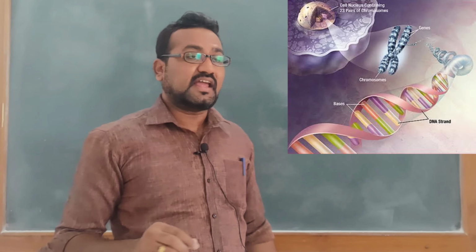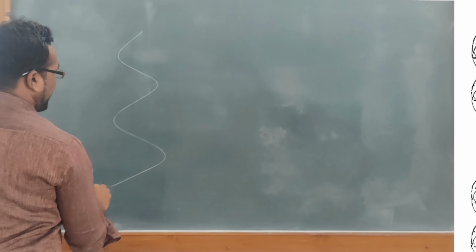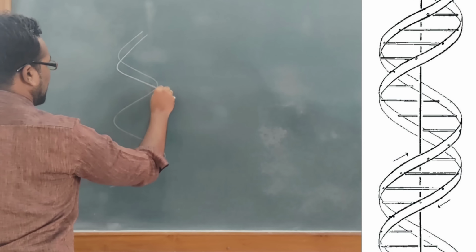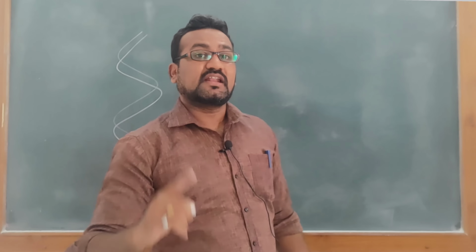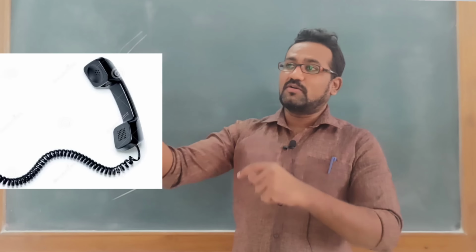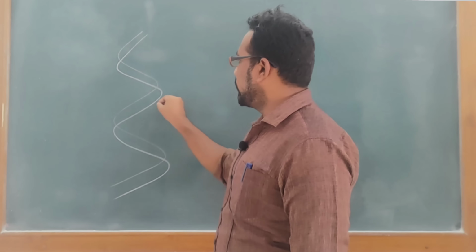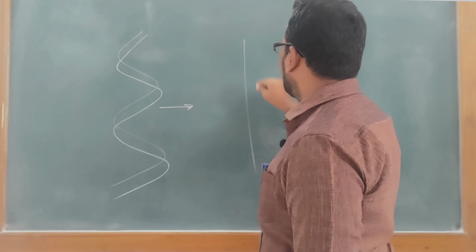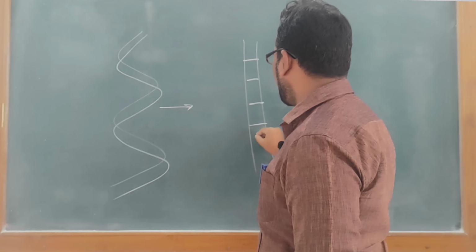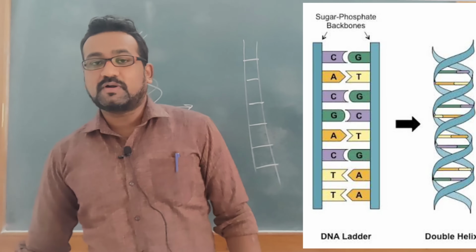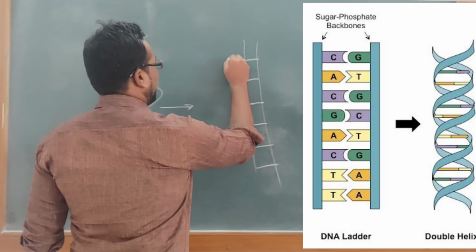If you take that DNA out, you will find it is organized somewhat like this. This DNA is in a spiral organization, like our telephone wire to the receiver. If you unwind this spiral organization, you will see the DNA looks like a ladder-like structure. You know very well what a ladder is. The ladder-like structure shows the presence of nucleotides.